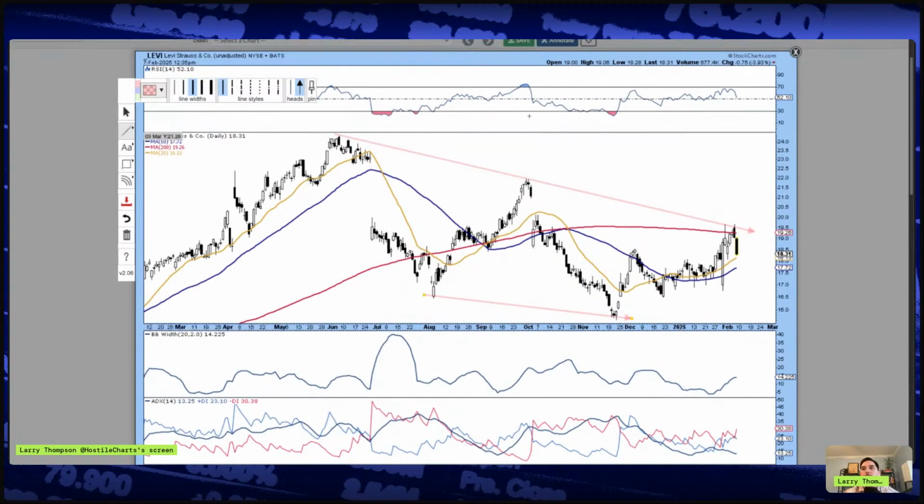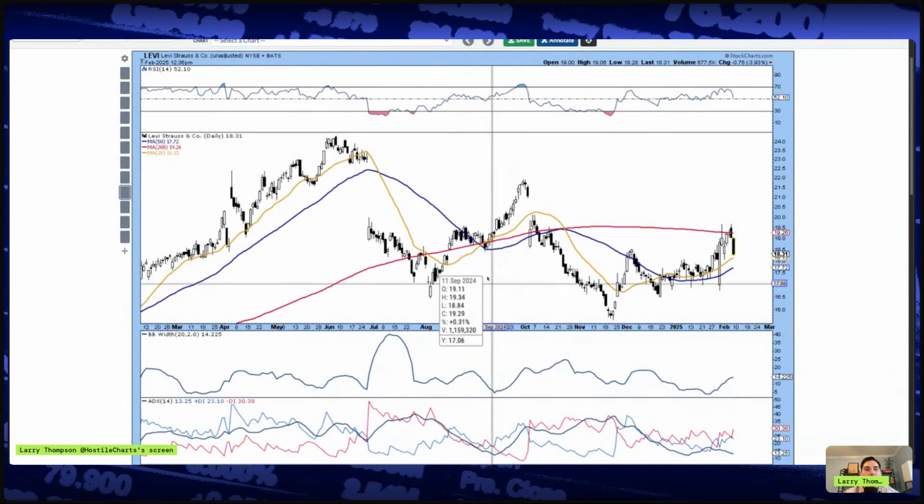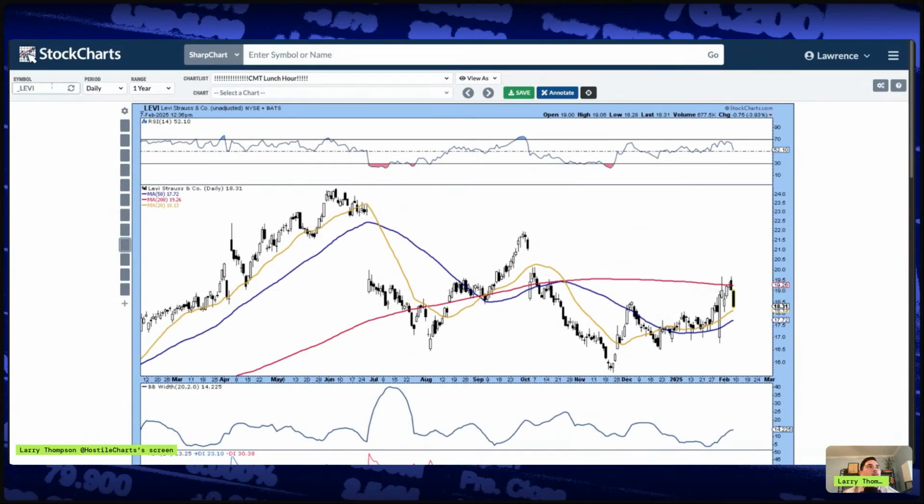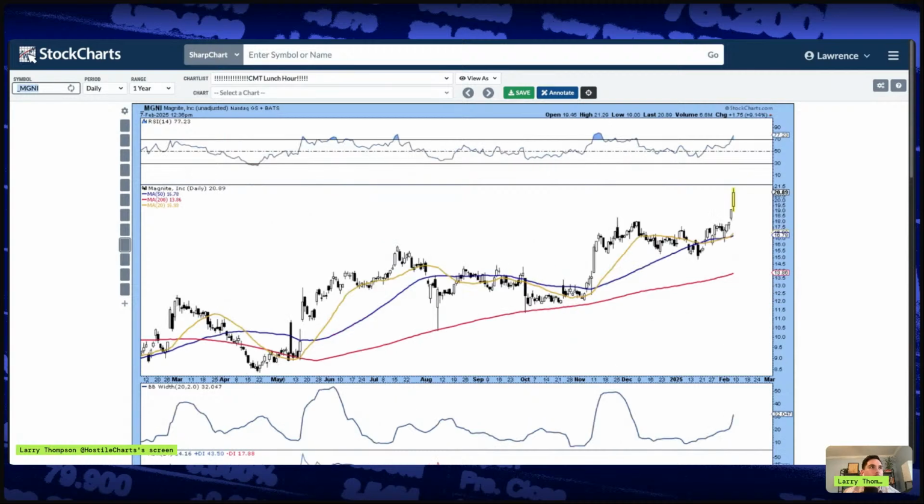I don't really know what to do with this, but if it's something you like, I'd be accumulating here. If you have some long-term thesis or fundamental perspective, I would be accumulating, but it's not something I'm interested in as a whole. So chat, I respect it, but I don't really see a trade in it at the moment. And I'm not going to lie to you guys. I'm not going to give you a trade I don't have.